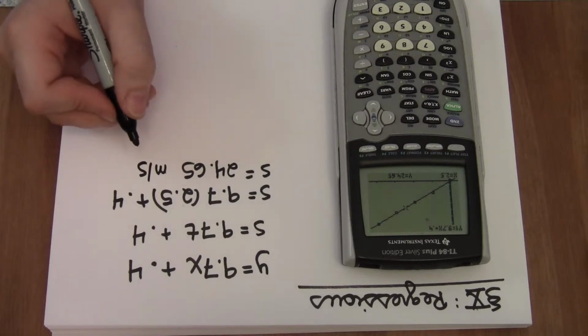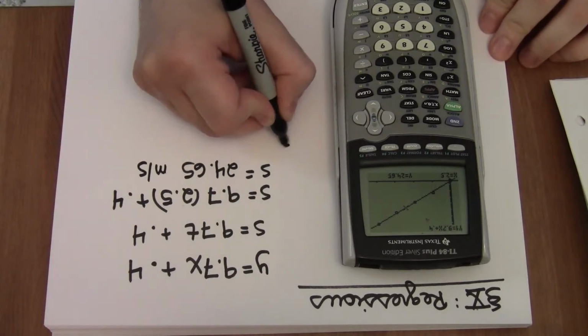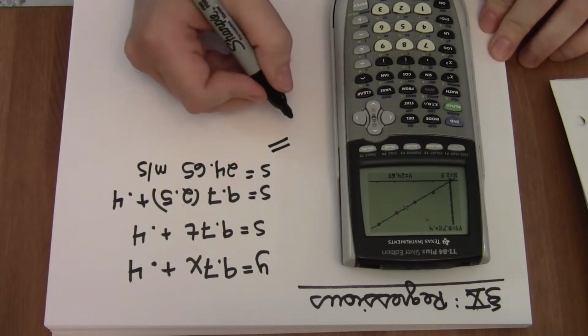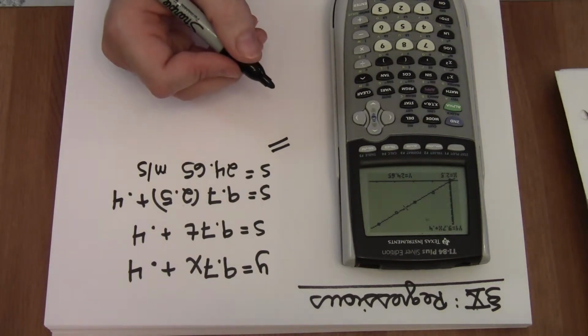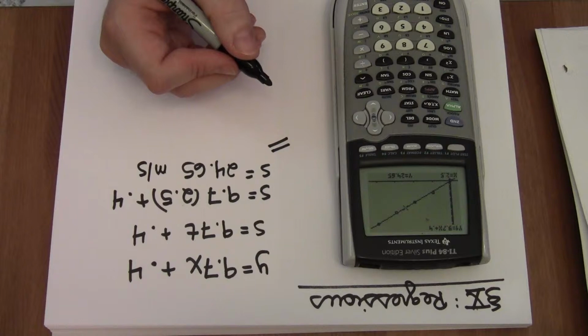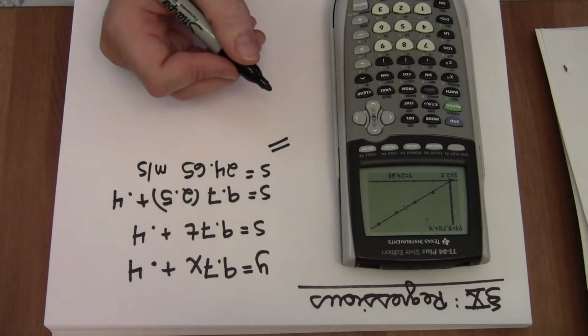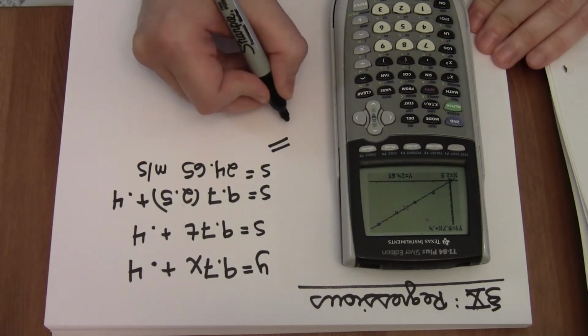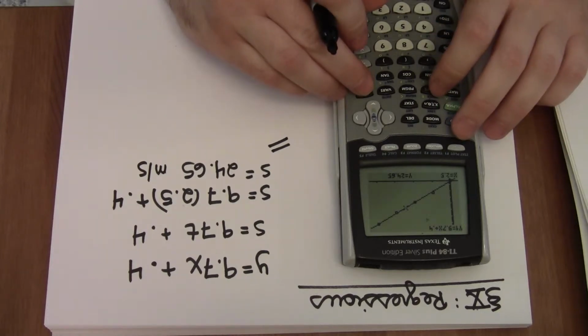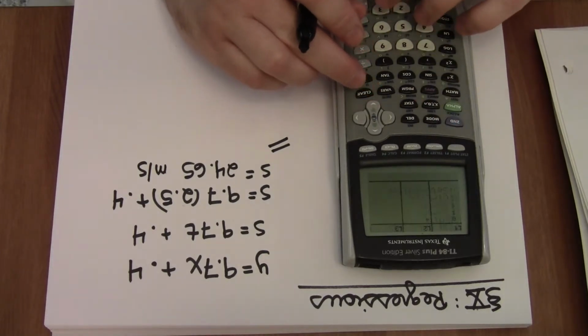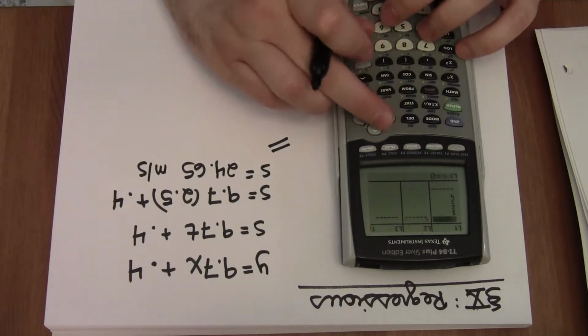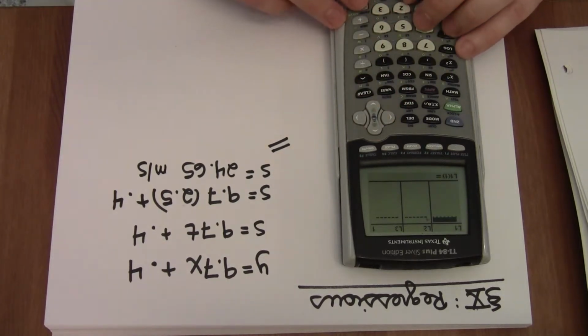As I mentioned before, the calculator can do other types of regressions as well. In example number 2 in your packet, we're given x values that stand for the thickness of a slab of wood and s values that stand for the strength in pounds of that slab of wood. Inputting those values into your calculator, under the Stat menu, Edit, I'm going to clear away the list that I already have,